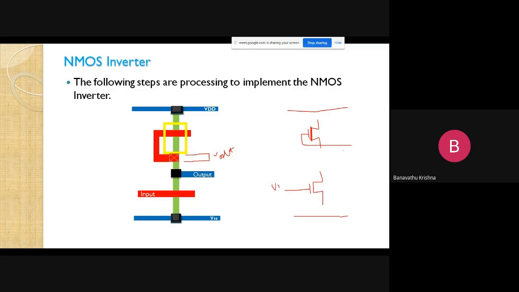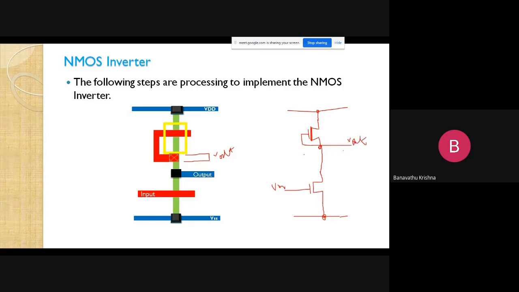So here I can give the input. This source terminal is extended to make the connection here, and similarly this source terminal is extended here to make the connection, and the drain terminals are extended to each other. Then it is taken as a common output here. This terminal is nothing but Vout.